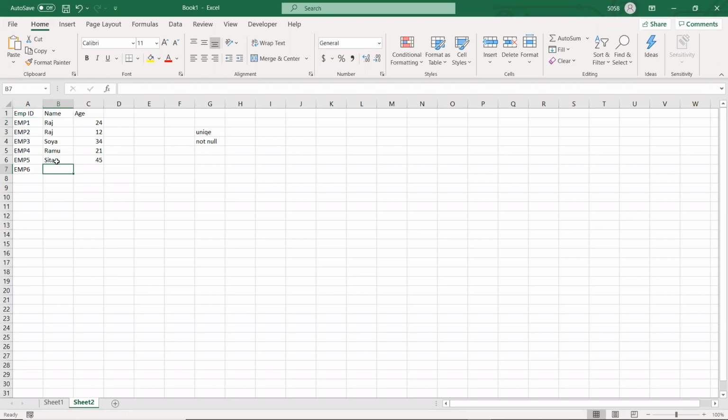Suppose I have one more table that gives information about employee payment. Let's say we have the employee ID and the month and the salary, so the employee ID EMP1.